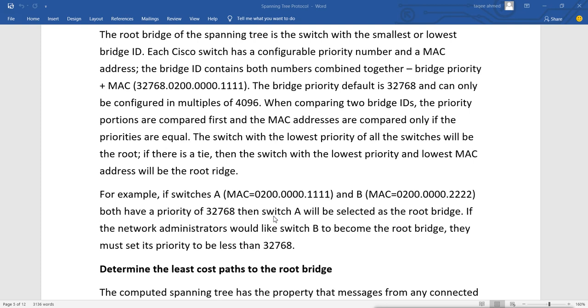Because they are all connected, they will have the same bridge priority, that is 32768, but that old switch has the lower MAC address, because it was created first, and the new switches were created after that. So these new switches will have a higher MAC address than that old switch.